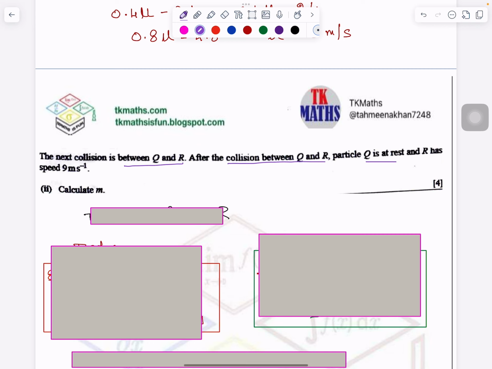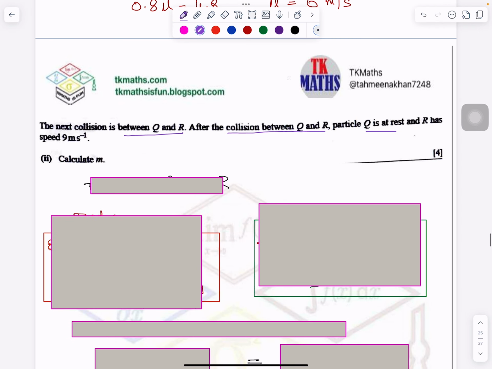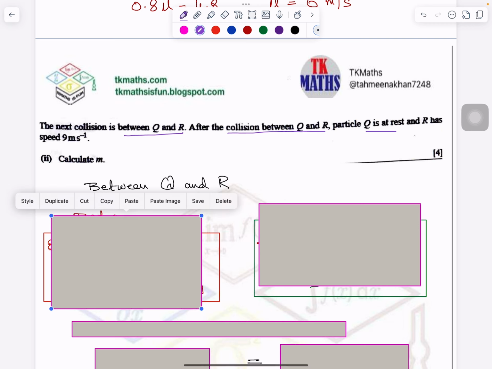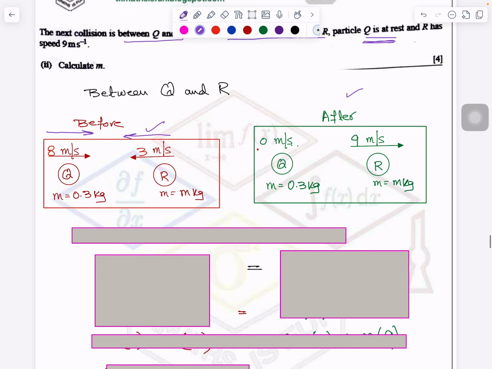mass m. What was m? m was the mass of R. It was written here. So now we will apply the law of linear momentum with respect to Q and R. Again I will draw both diagrams. This was the initial status after the first collision, because Q was going here and R was already coming here from the beginning. After collision, Q stopped; it is written in the question that it came to rest. So again, by the law of conservation of